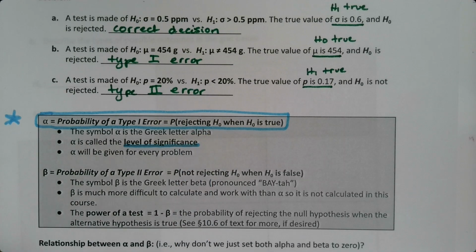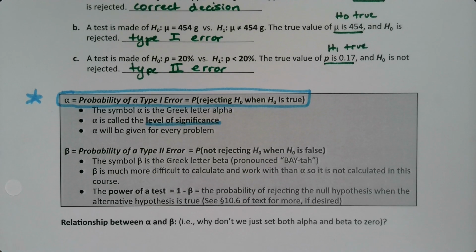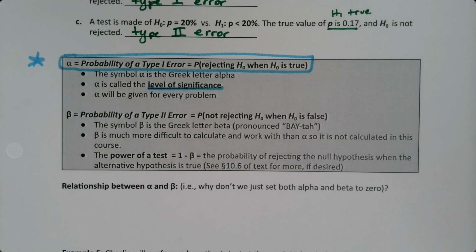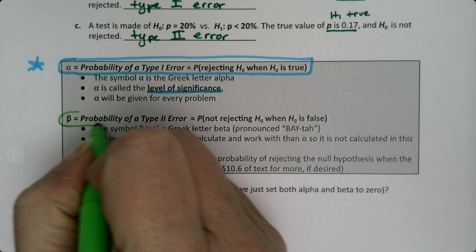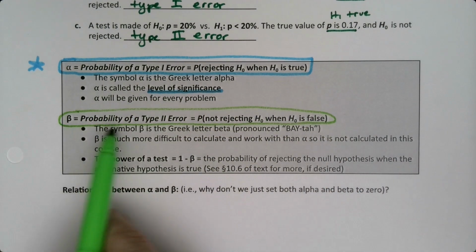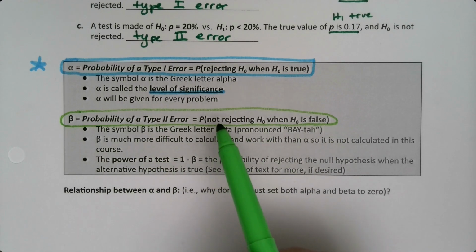Now, in general, I'm going to give you alpha. Alpha is not something you can figure out for yourself. We're just going to establish what level of alpha we want for every particular problem we're working on. All right, now, then there is the Greek letter beta. Beta is an important definition, not as important as alpha for us, but very important as well. It's the probability of a type 2 error. It's the probability of not rejecting